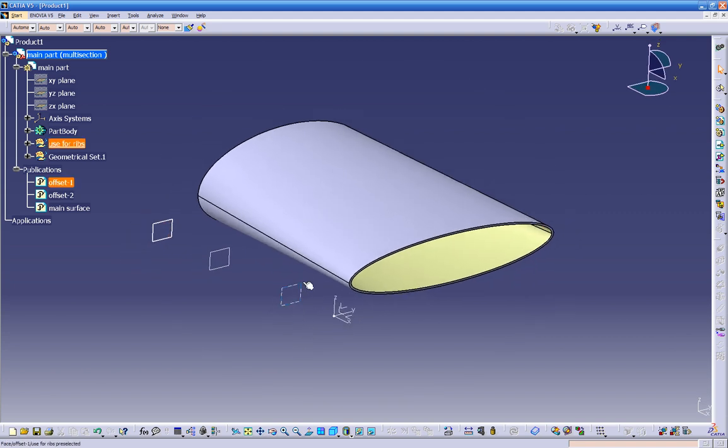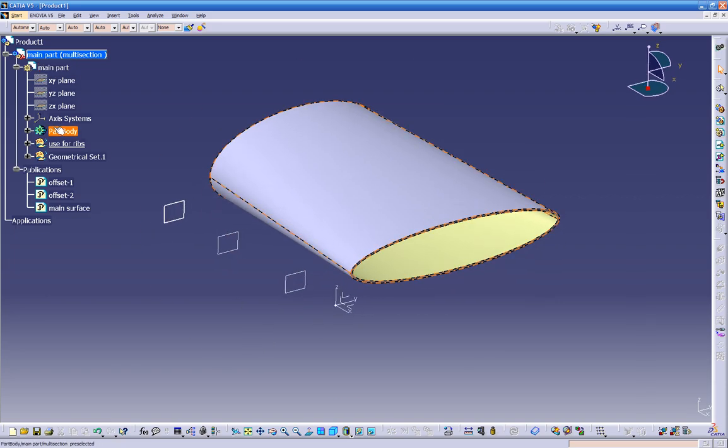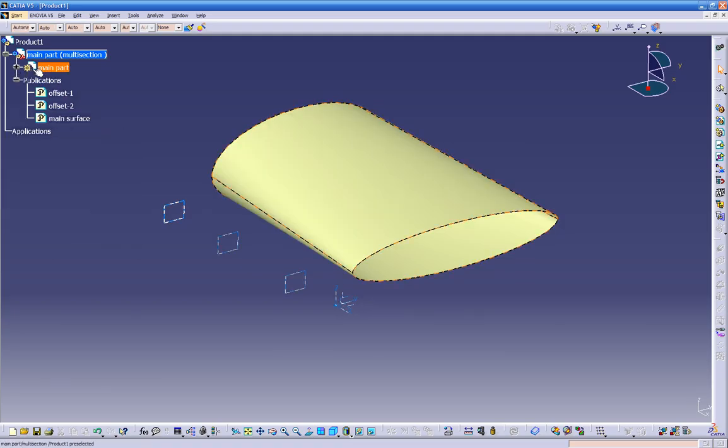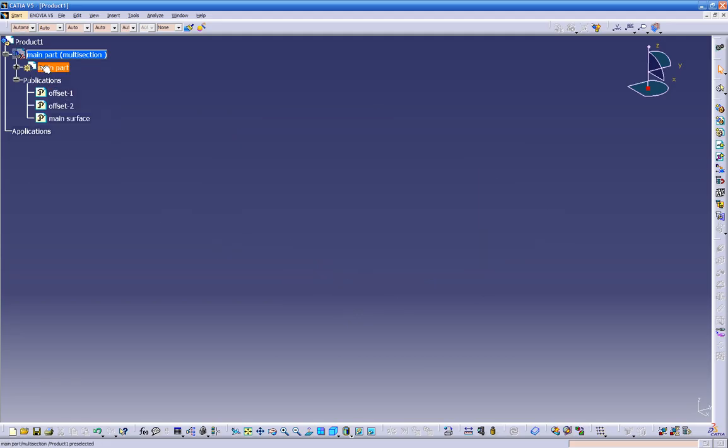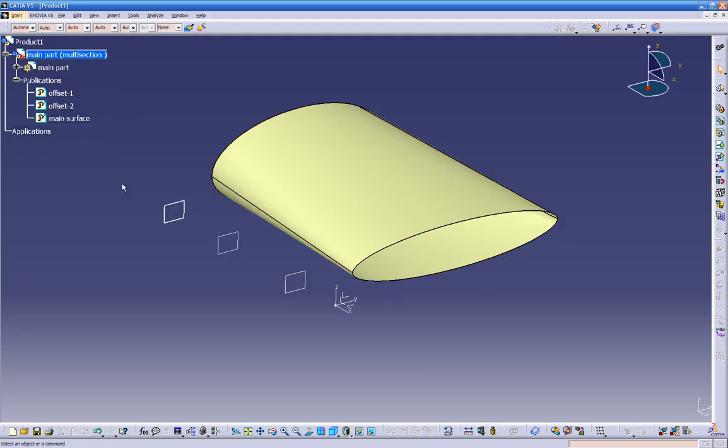And now we want to build our rib on this plane, and this plane is the one that we just created on the publication. So what happened is this main part, we're not going to be able to use it, so we can turn it off. For us, it doesn't exist. Oops, Control Z. So the most important thing right now that we're going to be able to use is going to be those publications. So let's create a new part, insert a new part,